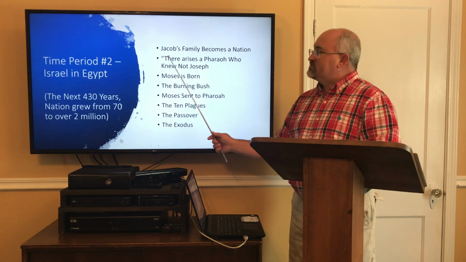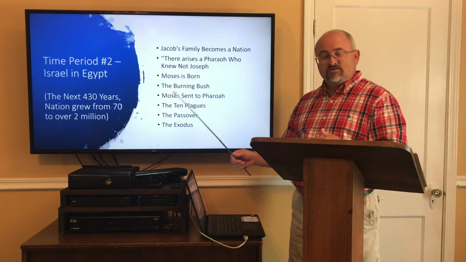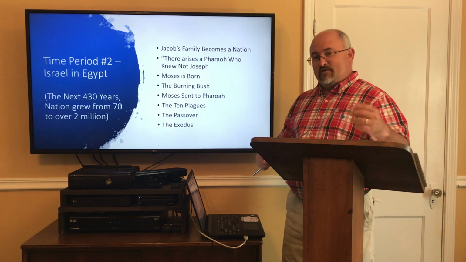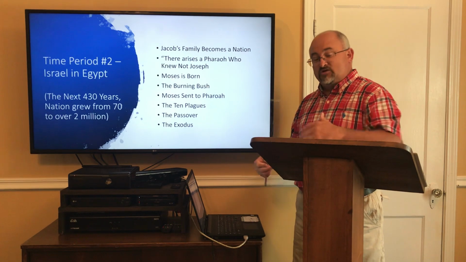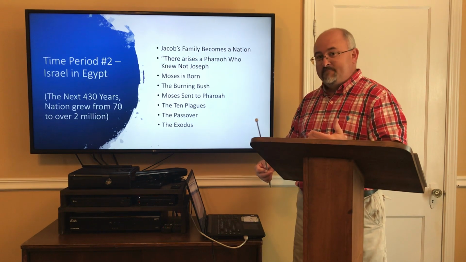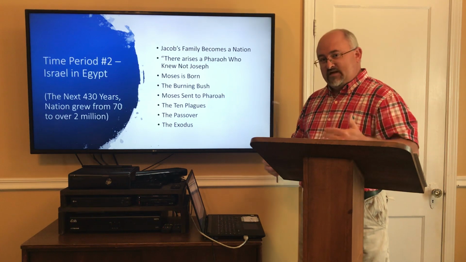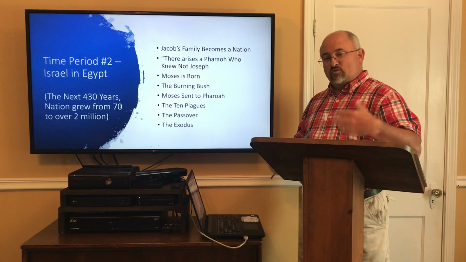Now, if you remember the story of Joseph in Egypt, Joseph goes down to Egypt and he interprets the Pharaoh's dream. The Pharaoh has a dream of 7 years of plenty and then 7 years of famine. Joseph interprets that dream, and Pharaoh puts him over harvesting all the grain. So during the 7 years of plenty, Joseph stores grain,